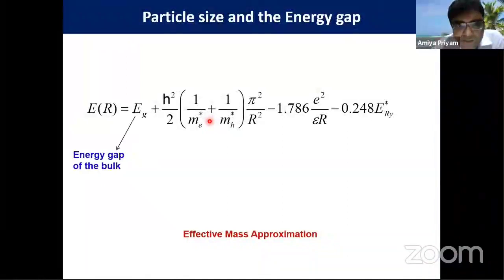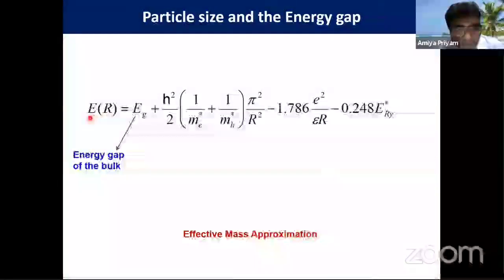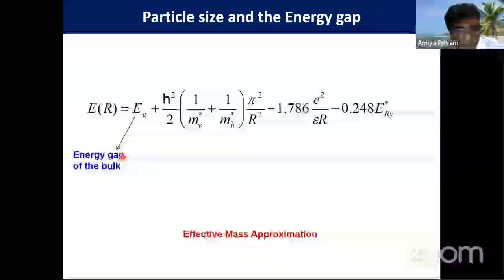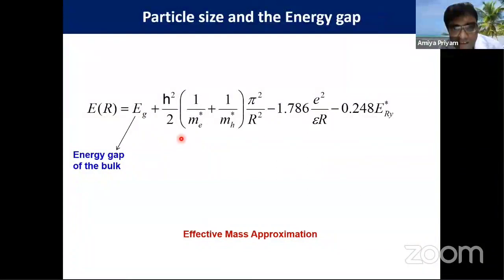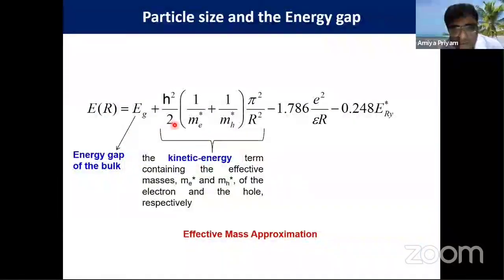So the absorption part that I've just shown over here can be used to calculate the band gap very easily. The band gap can be correlated with the bulk band gap, which is shown over here. Capital R is the radius of the semiconductor nanocrystal, and E is the band gap energy in the semiconductor nanocrystal. EG represents the bulk band gap in the bulk crystal, and this term is the kinetic energy term,